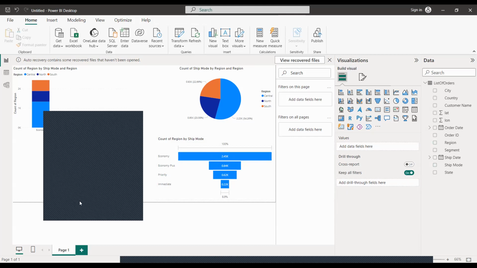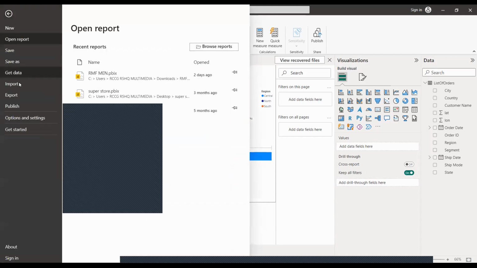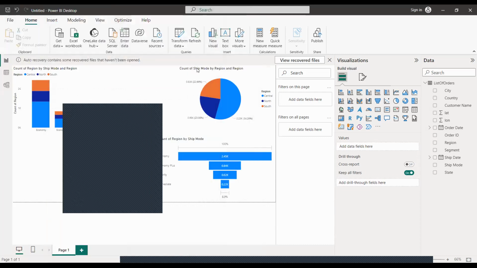Okay. So please don't forget to save your file. Always save, just like when you're typing, you have to save your documents. So don't forget to save, and then save as, and you title it.